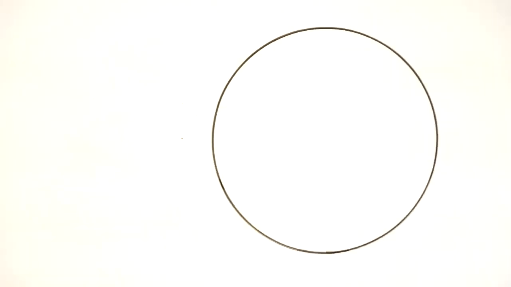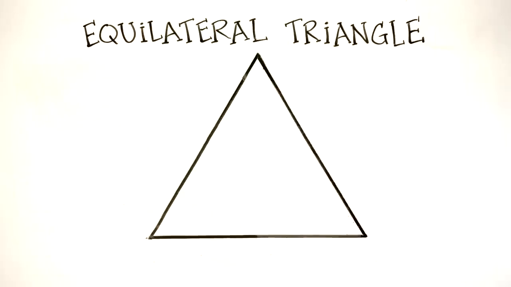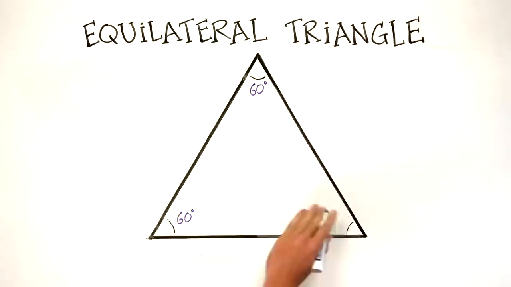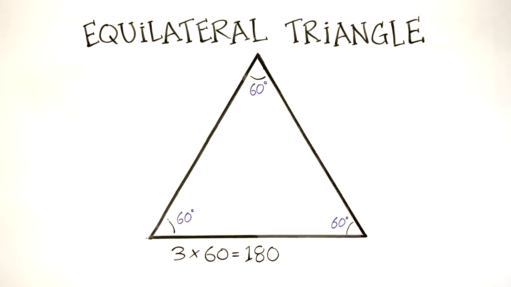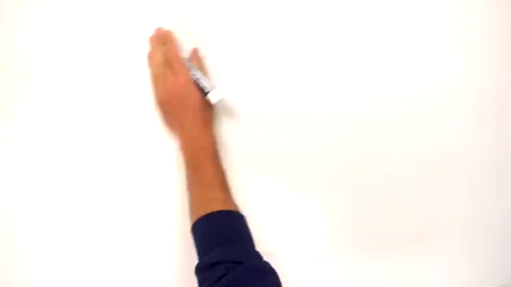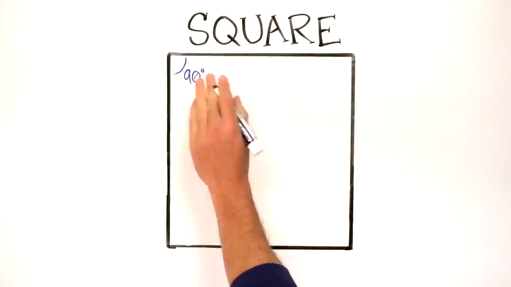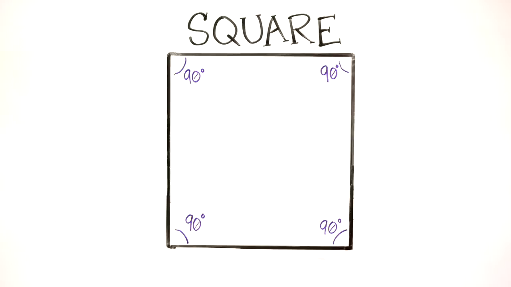So for example, we look at a circle, which is just a special case of an ellipse with eccentricity of 0. We've covered this already, so let's go right to the equilateral triangle, and we'll see it's 60, 60, and 60, which equals 180 degrees. Again, notice that we've got the number 9 recurring. We go to the square, which is 4 times 90 degrees. The total number of degrees defining the square is 360, the same as the circle,